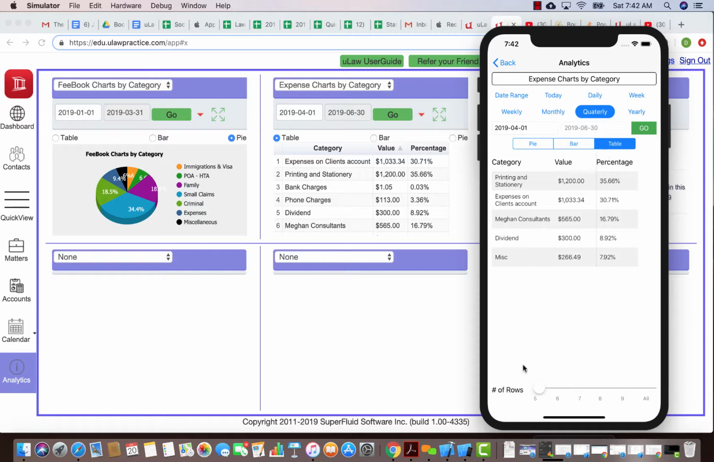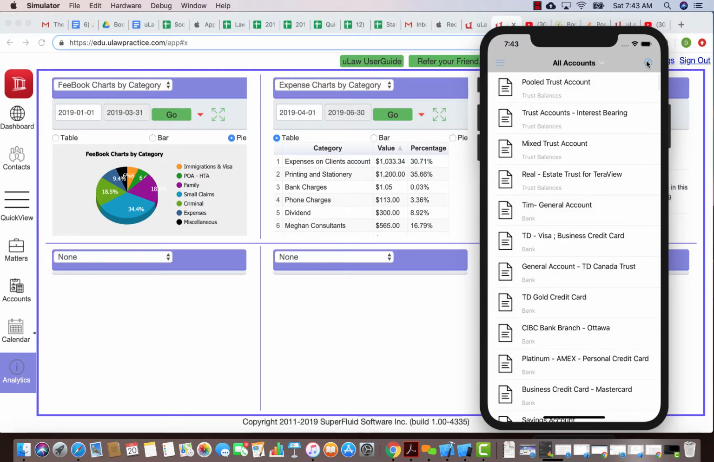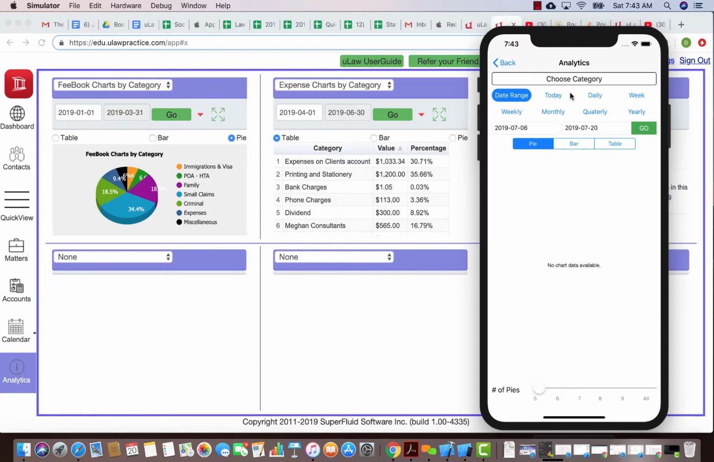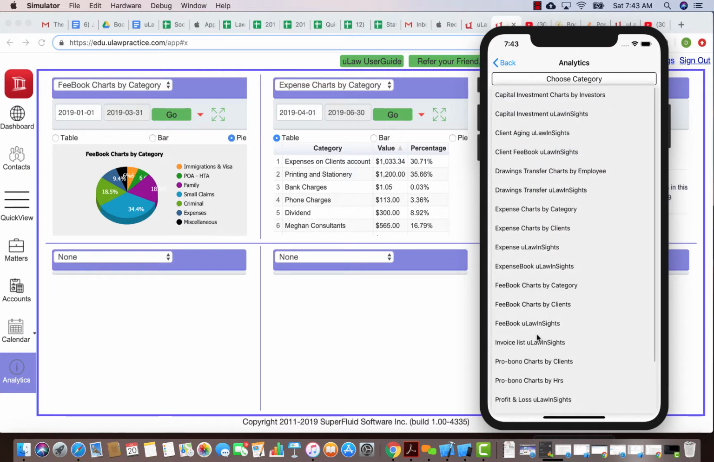Who is my highest, who is my lowest. You can compare them by value, you can compare them by percentage. It gives you the exact same view. So great way to use your downtime on the mobile phone. All you need to do is go into your accounts and click on this question mark. You can choose your category, and you can keep